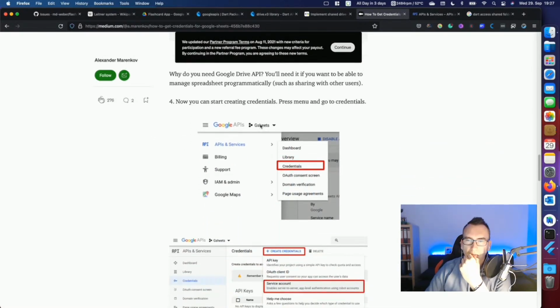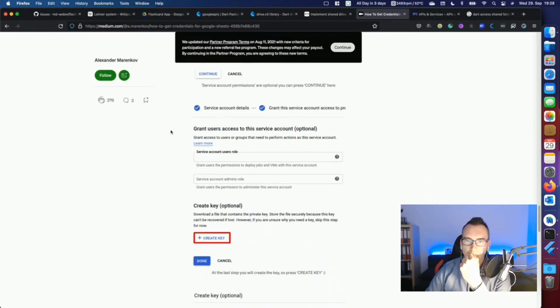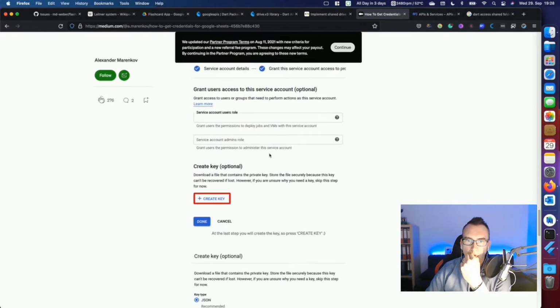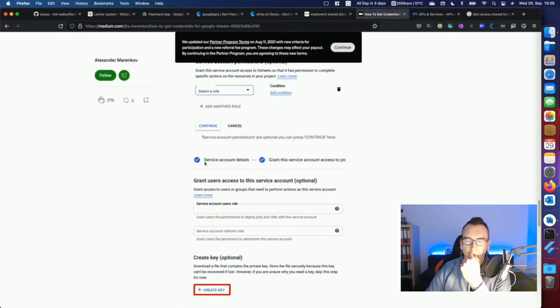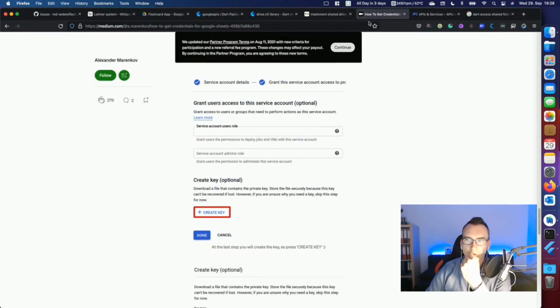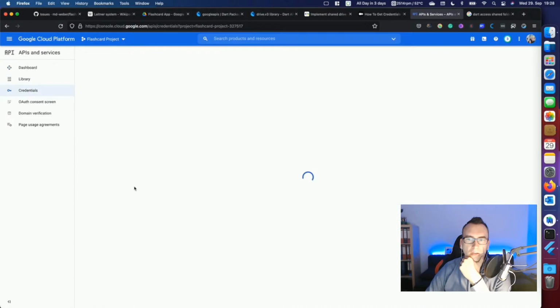So now you can start creating credentials. We did that. Service account, G Sheets. Yep. Selected roles, create a key. We still have to create a key. That can be, so how do we do that? No, I think the key is already created, right? So if I go to credentials,